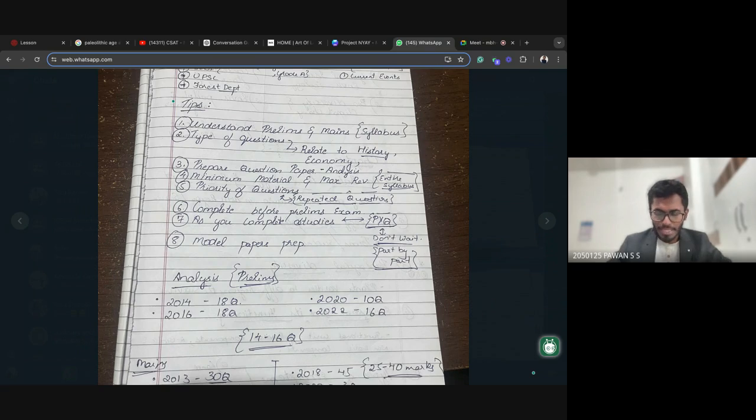Seventh point, as you complete the studies, previous year question papers play a very important role, which means that for each concept, each chapter, when you're completing it, parallelly also refer to the previous year questions. It will be very helpful for you. Now, eighth point is about model papers. Preparation is very important. So model papers, as much as possible, if you're able to prepare them, that would be good enough.